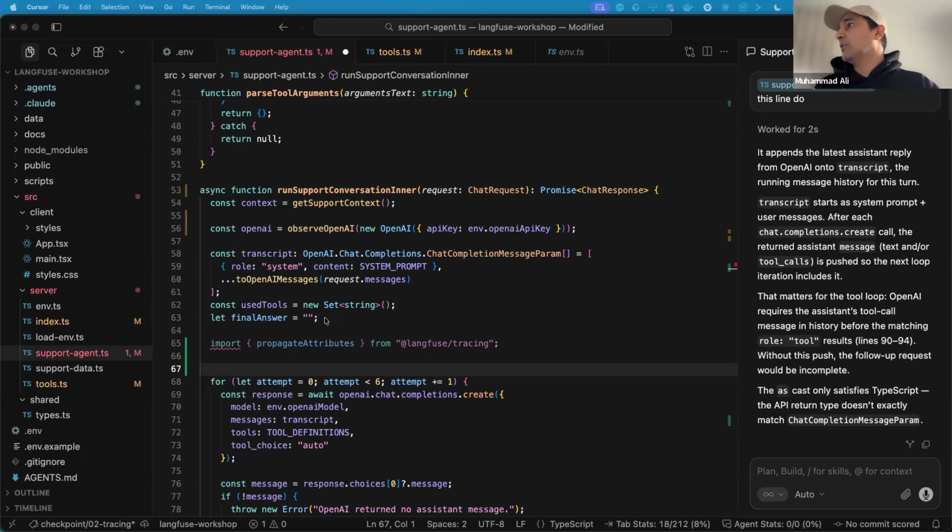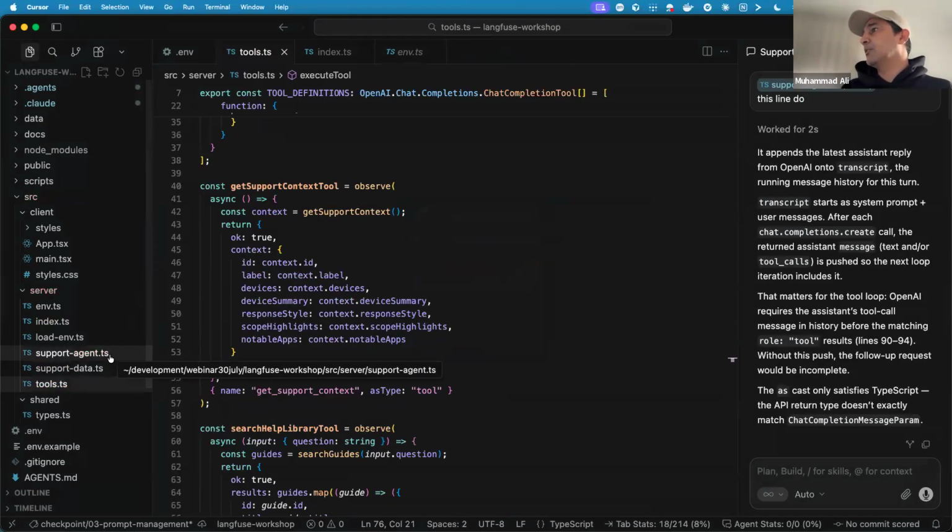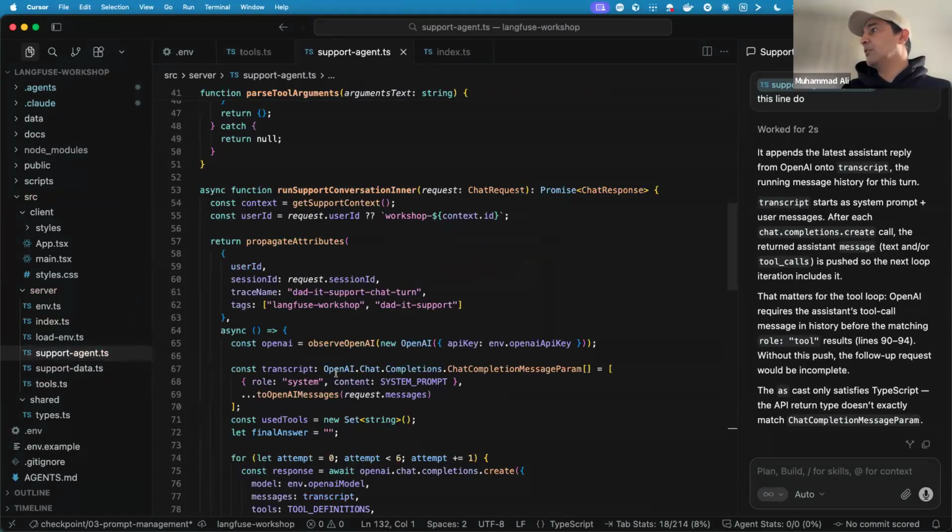I'm going to do that. Close this window, don't save, and then open the support again.